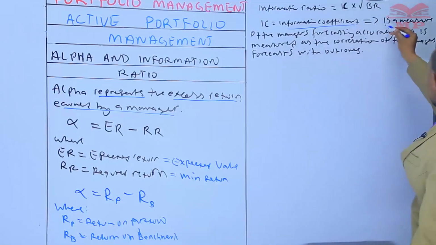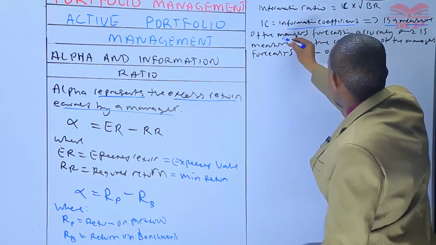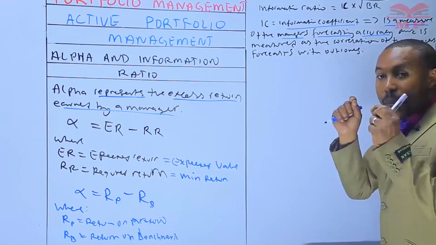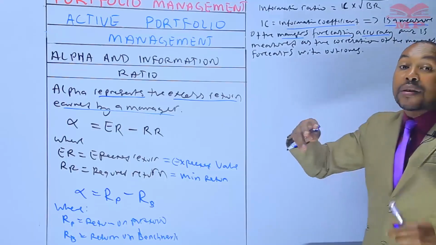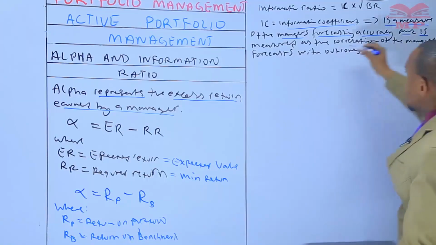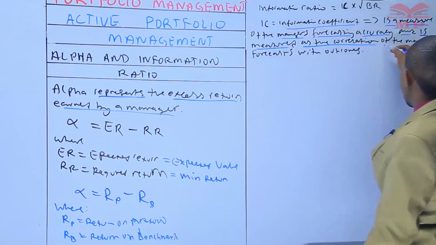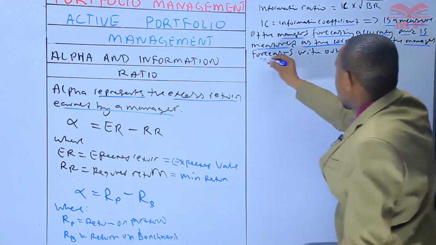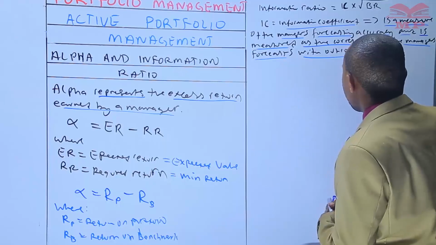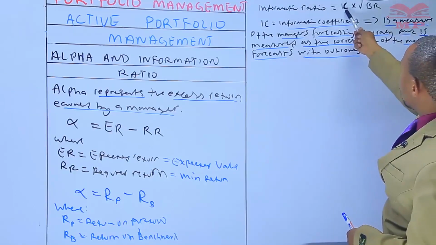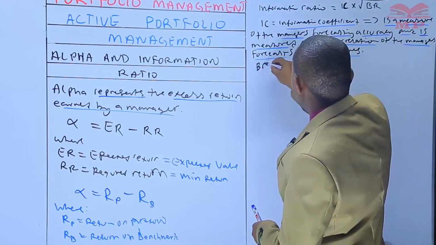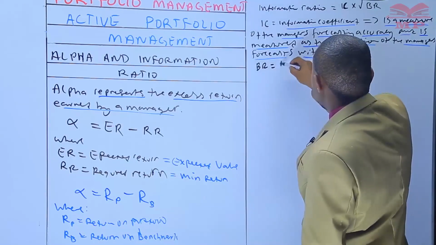Information coefficient is a measure of the manager's forecasting accuracy. How accurate are they towards predicting future returns? It is measured as the correlation of the manager's forecasts with outcomes there. So that is what we're saying is information coefficient. How about the breadth of the market there? So we can say BR, breadth of the market,